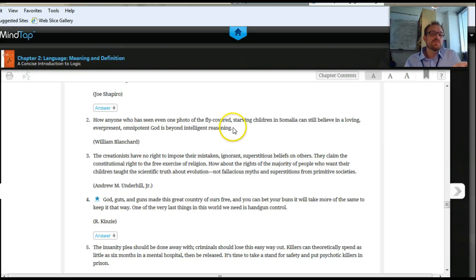The argument is essentially what we call the problem of evil, which is namely: if God is an all-loving, ever-present, omnipotent God, then there should not be a world with evil in it. There is a world with evil in it insofar as there are starving children in Somalia. Therefore, there is no God, right? Something like that. That's ultimately the argument. I put that in a hypothetical syllogism, though you could rephrase it in different ways. But that's ultimately their argument, and it's all being implied in a question.